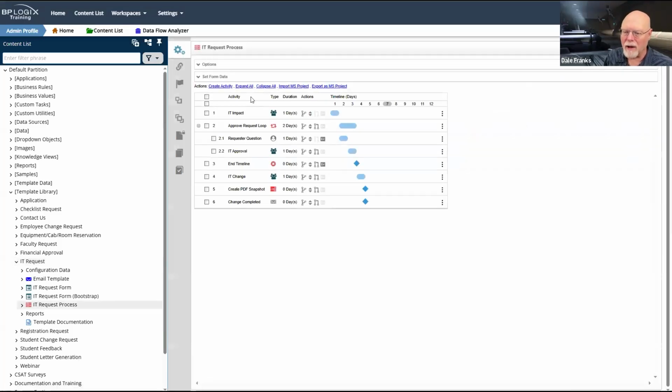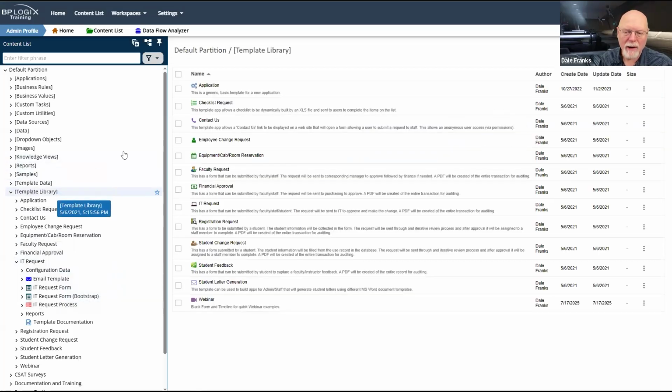You'll undoubtedly want to go in and change some of these task assignments. You may want to add new activities or change some of the existing activities. But the point of this all is to create a template or a series of templates that enable you to create new applications more quickly.